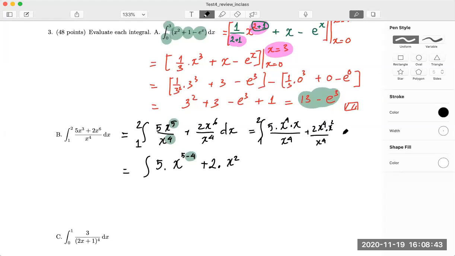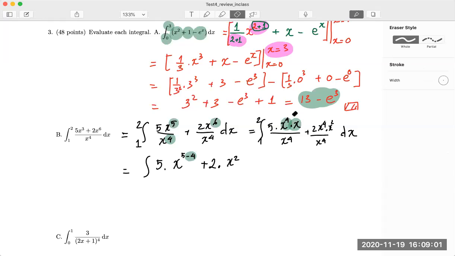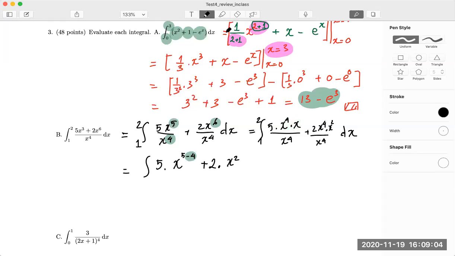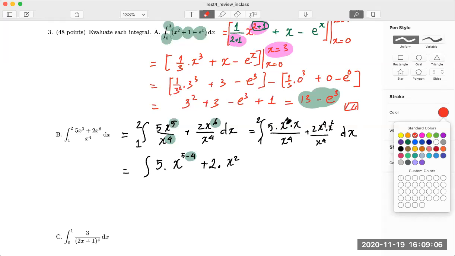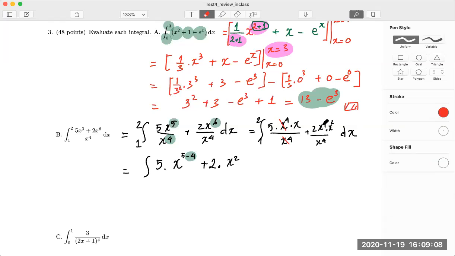Because the power rule tells us that the product of two numbers with the same base, x to the 4th times x, would be x to the 5 here, right? x to the 4th times x squared gives us x to the 6th, the same thing. But now if we write it this way, then this one cancels with this one, and this one cancels with this one, right? So it gives us 5 times x,